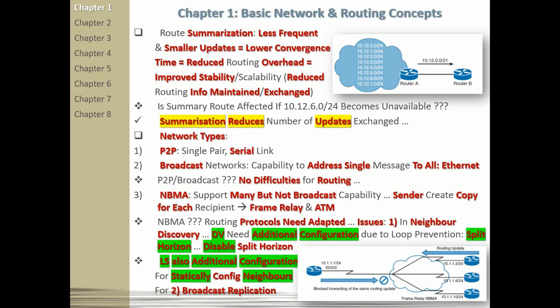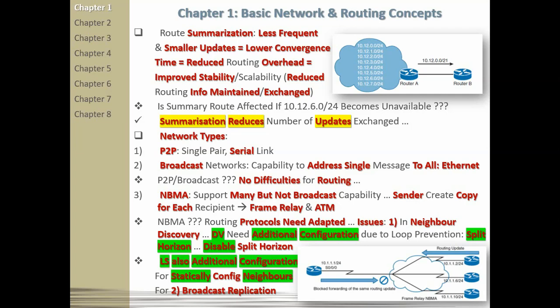Split horizon is a loop prevention mechanism used in distance vector routing protocols. What we mean with split horizon is that we want to prevent information that is received on a specific interface from being forwarded out of the same interface